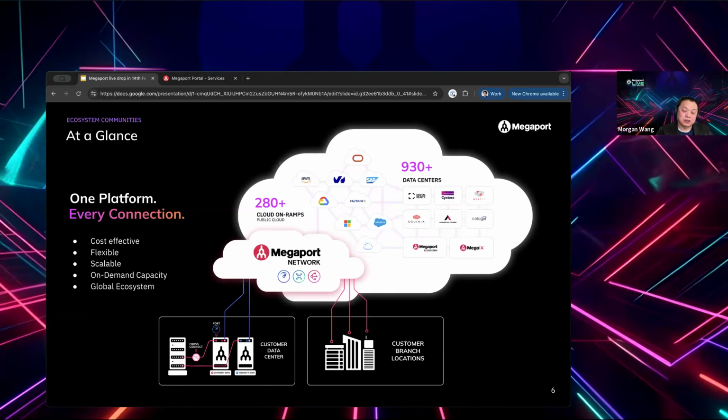With all this infrastructure ready, we can provide customers a really cost-effective and flexible network connectivity from any data center to their designated data center, cloud on-ramp locations, or Megaport partners or customers who are also using Megaport services but choose to publish their service on Megaport Fabric as a marketplace.